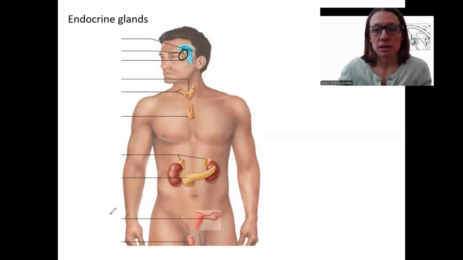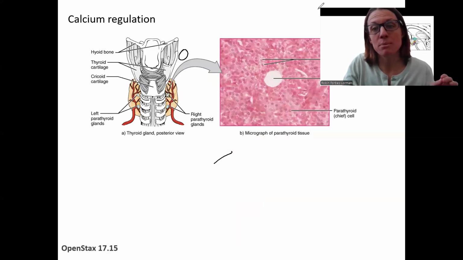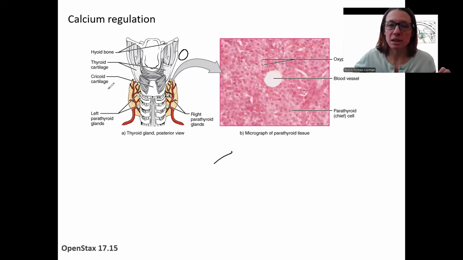For example, even organs that aren't endocrine organs, like the kidneys, respond to some signal and then release a hormone to cause a response based on the signal they are directly receiving. This is a really important part of endocrine function. So a couple of examples of these simpler pathways before we get into what we're going to spend most of our time on, which is more complex. So here's one example that you've seen before of this idea of one endocrine organ